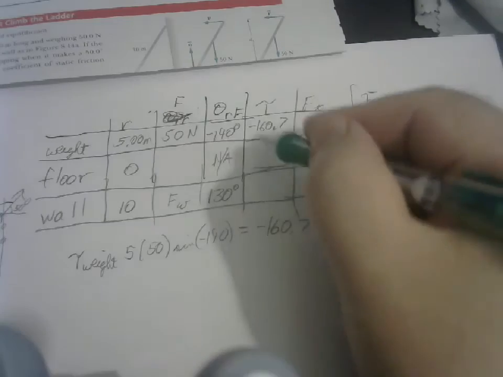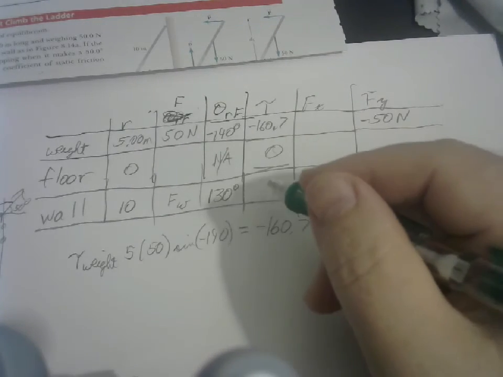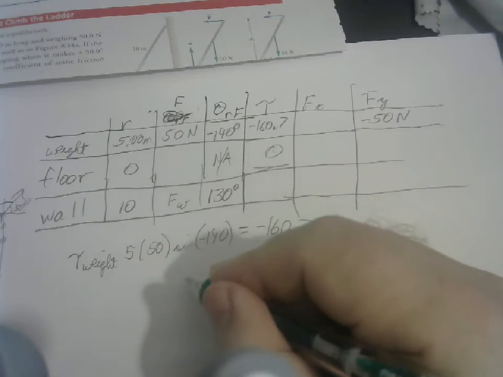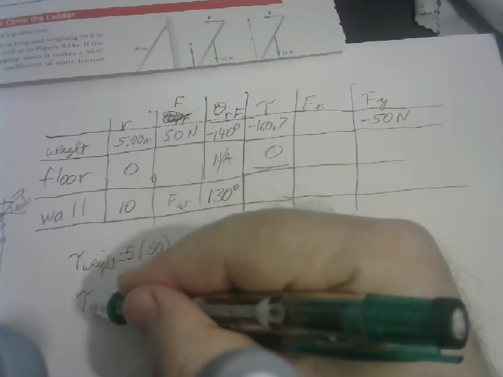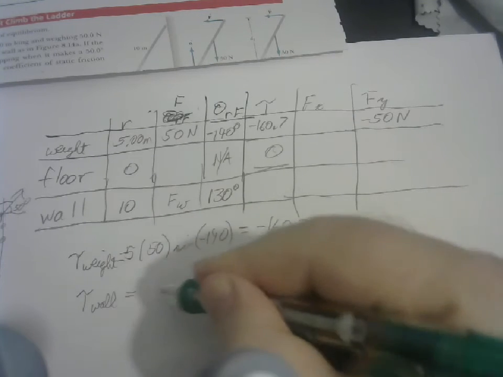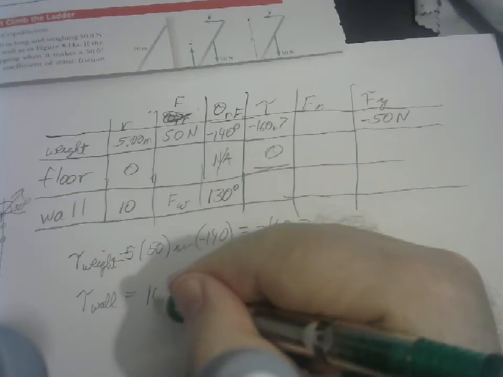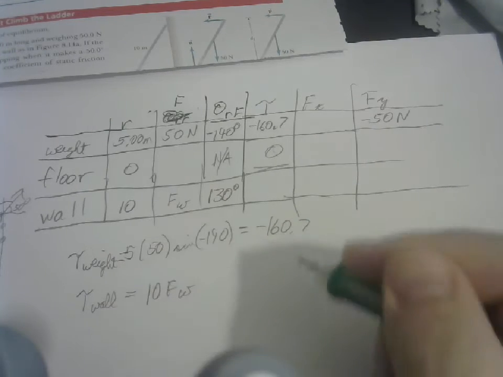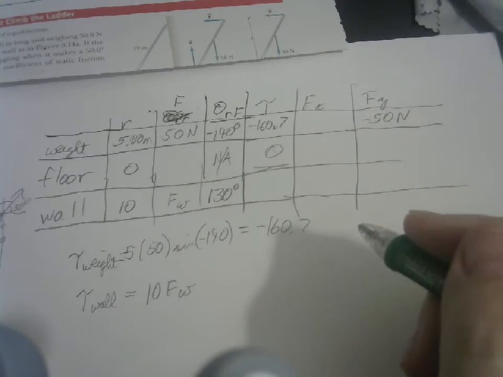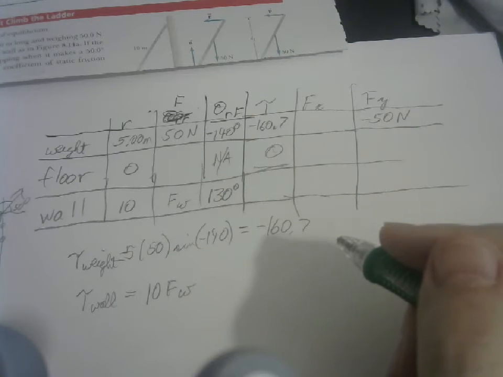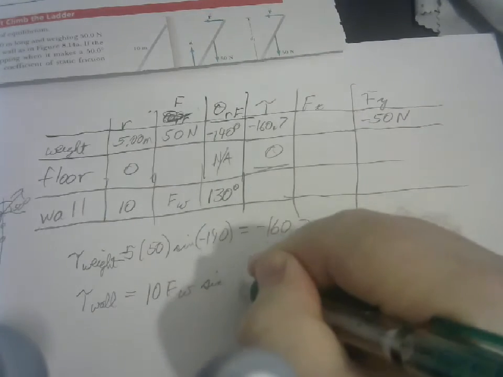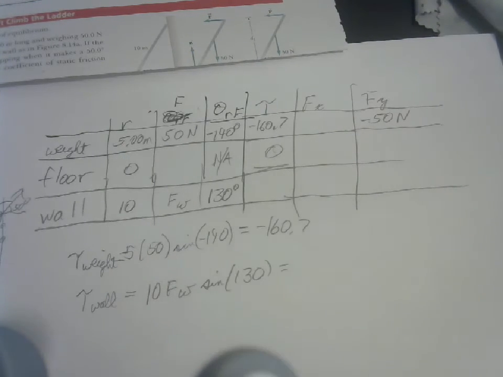Now, we know that the torque of the floor is 0, so the torque of the wall is radius 10 times the force of the wall times, did I do the angle on that? I didn't do the angle on that. Oh yeah, times sine of 130. It's right there. Equals,